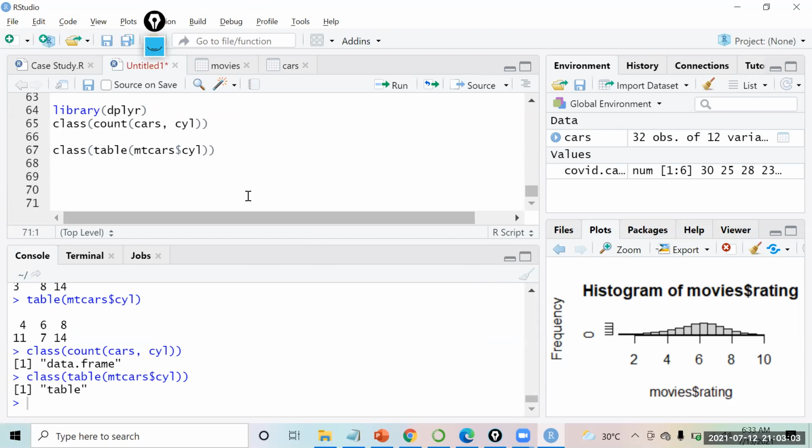Right. So now what we will do over here is, the only thing that you notice is that table is a function that will just get the count.